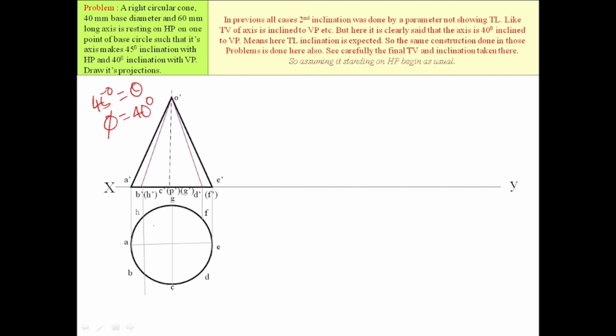Here the first figure, as usual, is like this. The base diameter of the circle is given, so we can complete the top view as the base figure, and the front view again we can complete like this. We can divide the circle into a minimum of 8 equal parts and represent all the generators like this. The outermost portion of the solid must be in thick line. In the top view also, the outermost portion, that means that circle, must be in thick line.